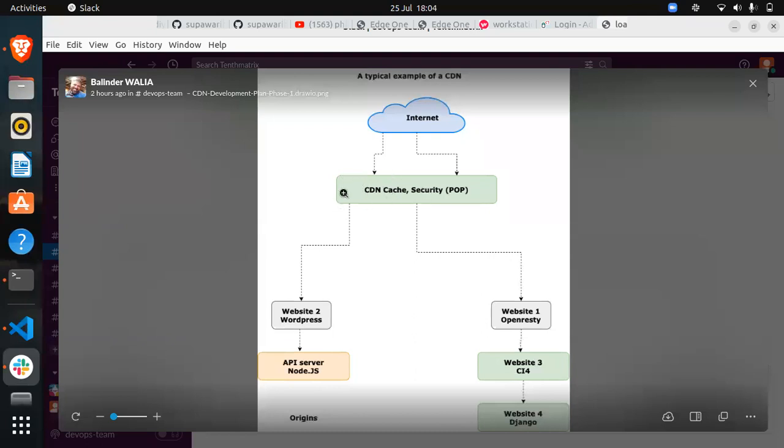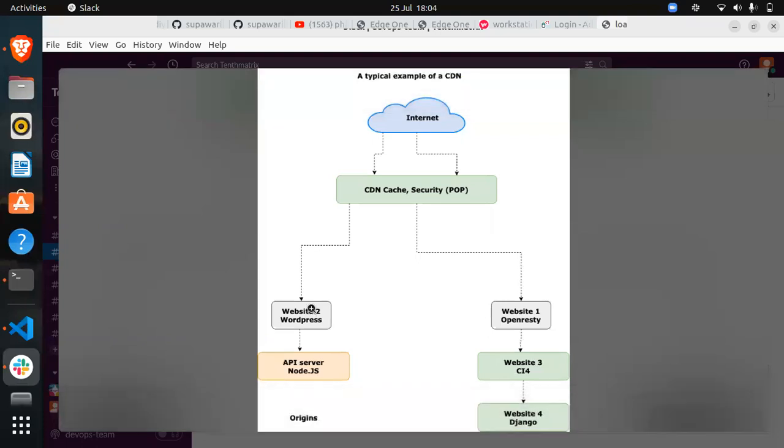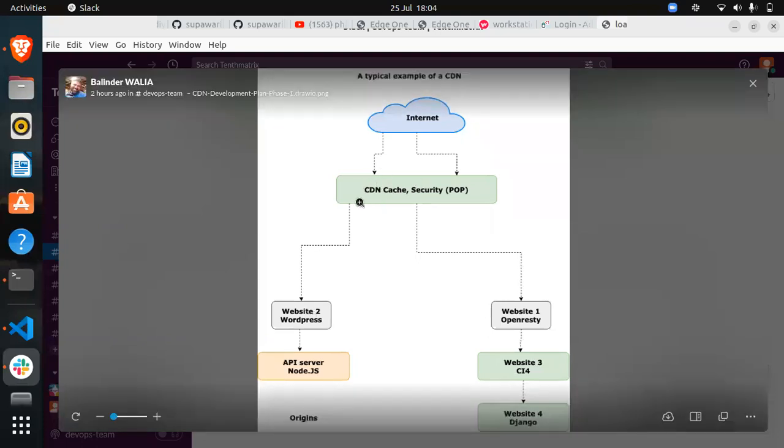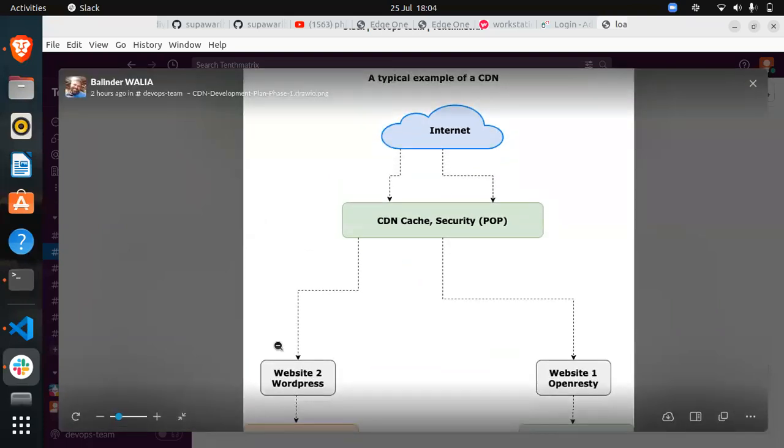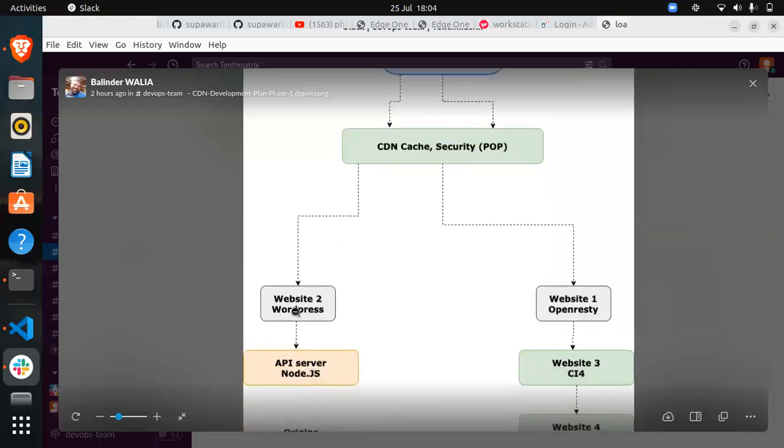It's the CDN cache which will protect, because the first request will go here, then 1 million requests will be served from the cache. It will never go here. So it will be protected because this could be a small server. But this is a beefy CDN, a beefy server. So that's how it protects the origin